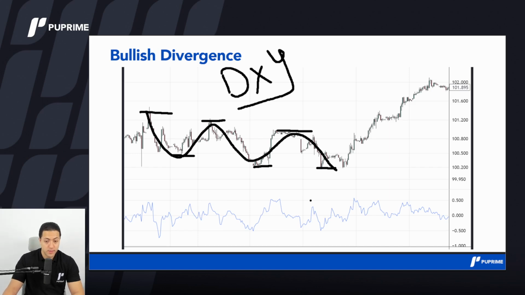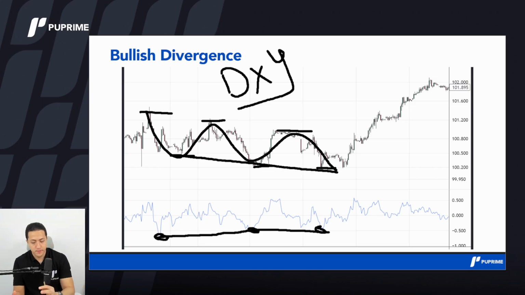And what you have on momentum is that this low was a little bit higher than the previous low, and this low was a little bit higher than the previous low. So although prices are moving slightly lower, momentum is moving slightly higher, and this is when you know that the downward trend in prices is not followed by a downward trend on momentum,